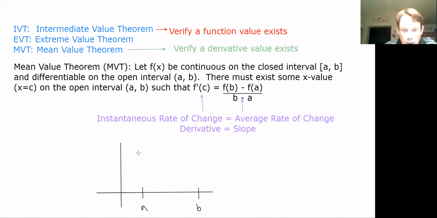All right, and let's see here. We're going to put a couple endpoints here for A and B. There are our two endpoints. So here's what this says. The average rate of change, this is slope. And going all the way back to middle school, you guys found slope by using,